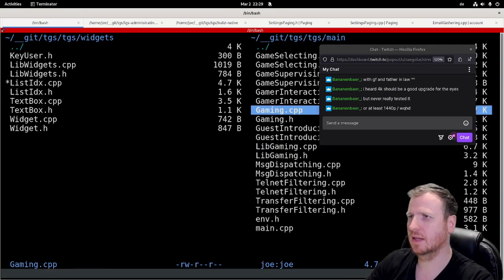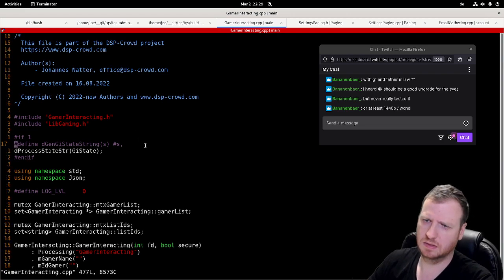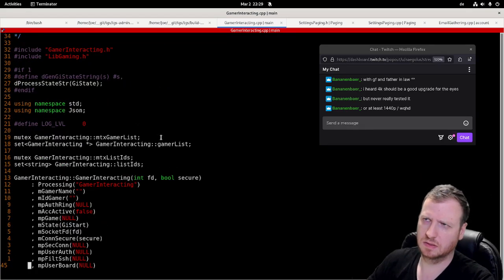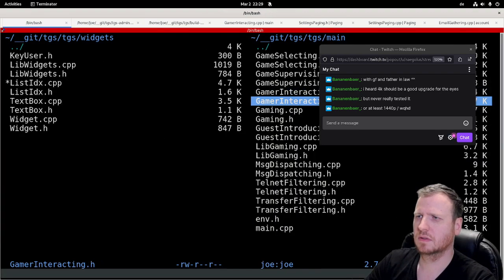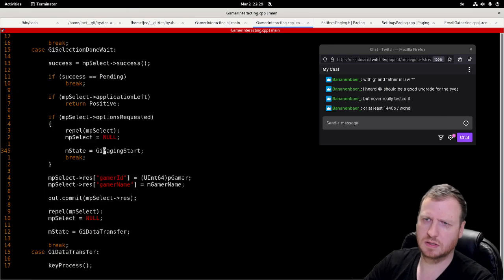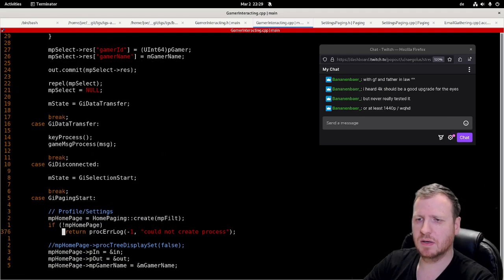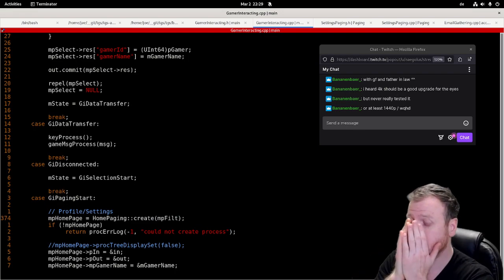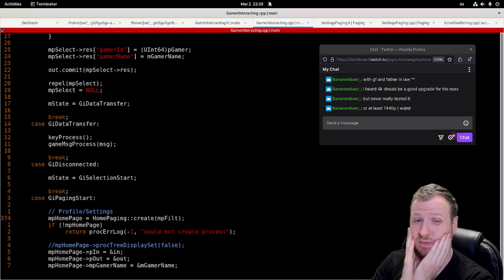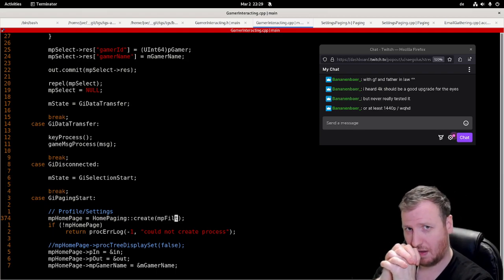That means in the game interacting process we are starting the paging process with our communication filter. But we need more information. We need the information of the complete